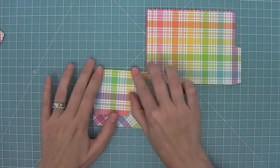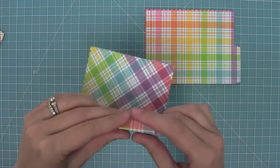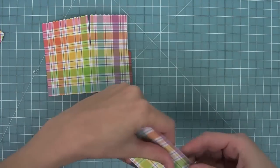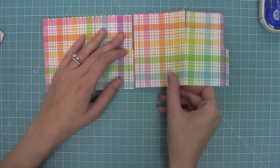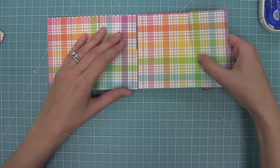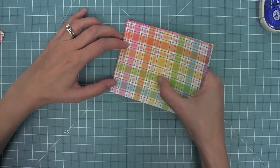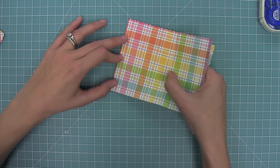So I am going to fold it along those score lines that the die created for me on all of the vertical lines. And I'm going to get that tab and then make sure I do the same on the other piece. Now here's a trick if you ever have trouble lining these 2 pieces up, which I sometimes do. What you can do is actually flip the piece over and sandwich them together like this. And I actually find myself having an easier job lining it up this way than trying to line it up